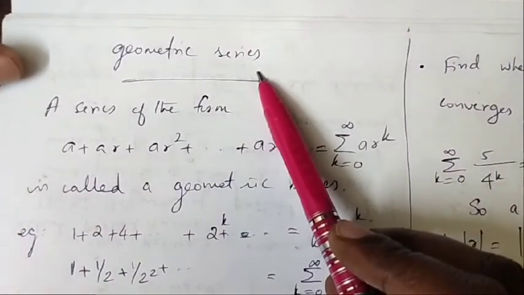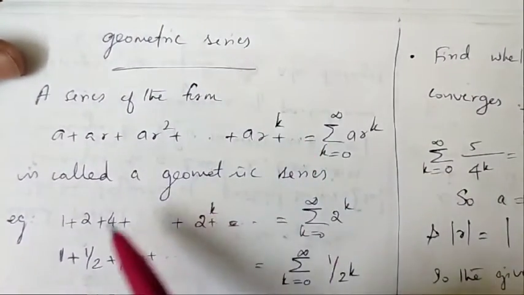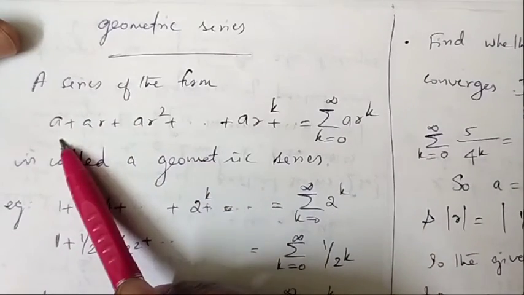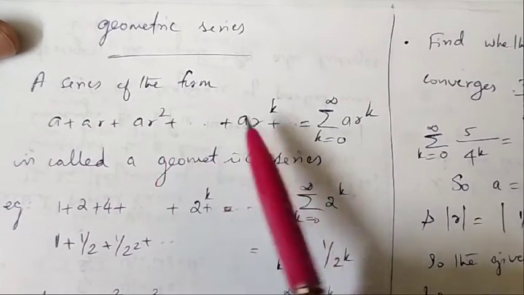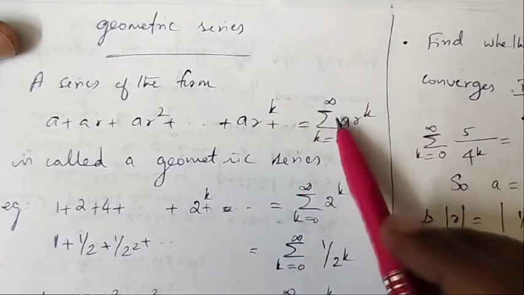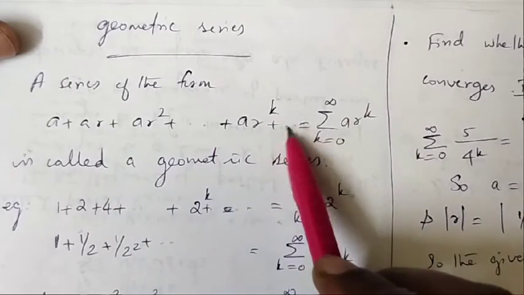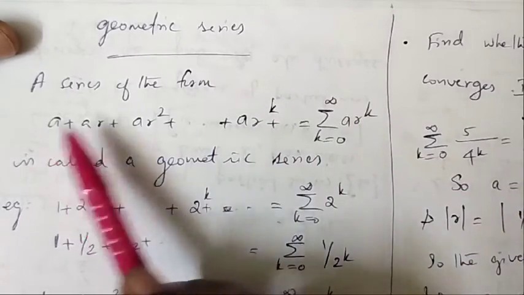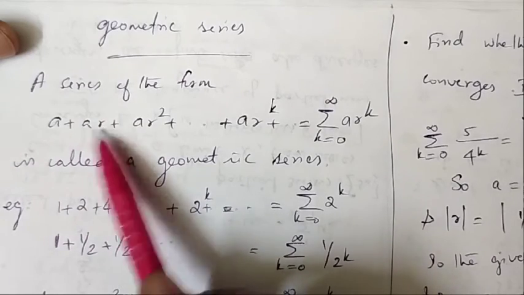Geometric series. What is a geometric series? A series of the form a plus ar square plus etc. So the kth term will be ar raised to k, up to infinity. So first term is a, multiplying with r we get the second term, multiplying with r we